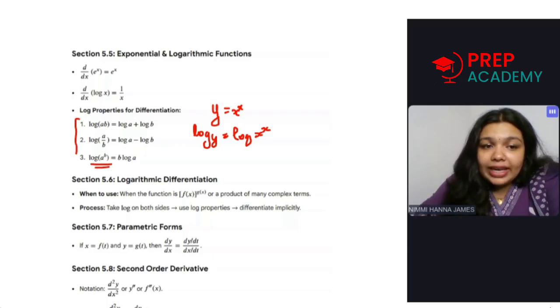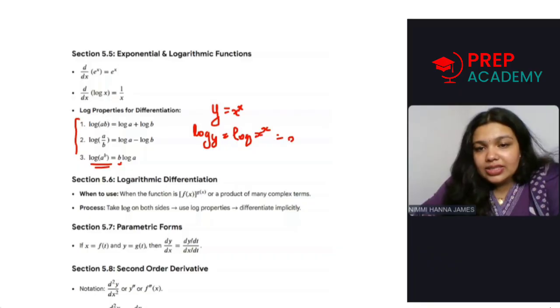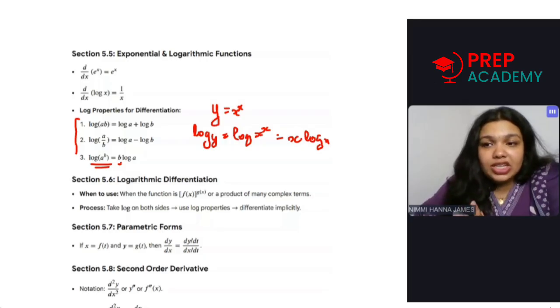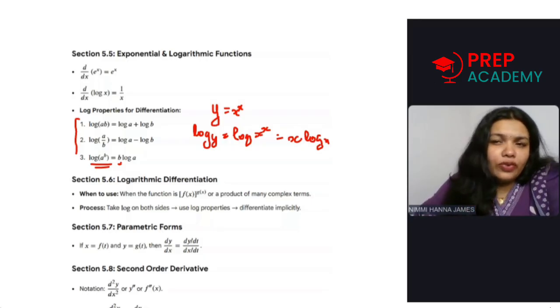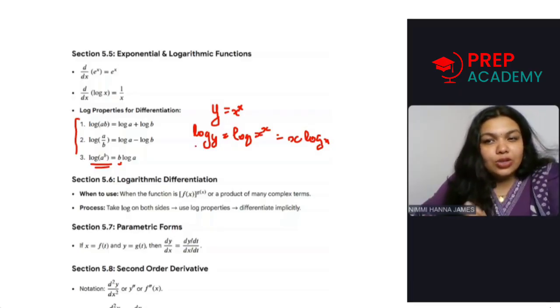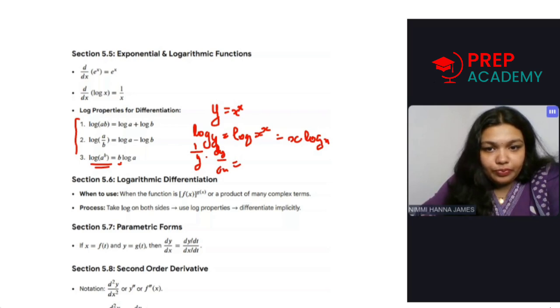Log of a raised to b is b log a. We can bring this b down, so here it is x log x. Now we can differentiate both sides. On differentiating, the differential of log y is 1 by y into dy by dx, equal to